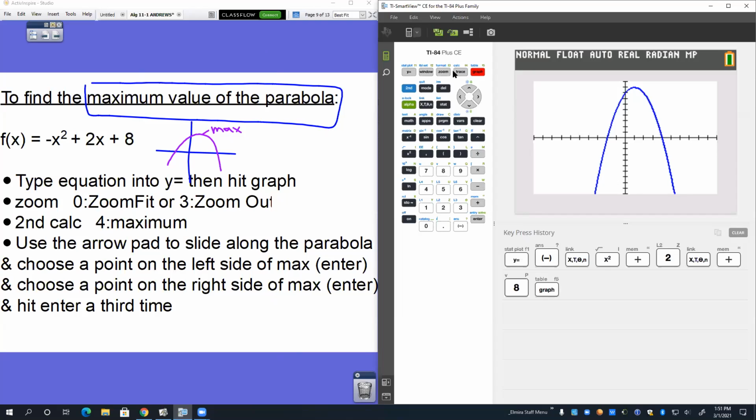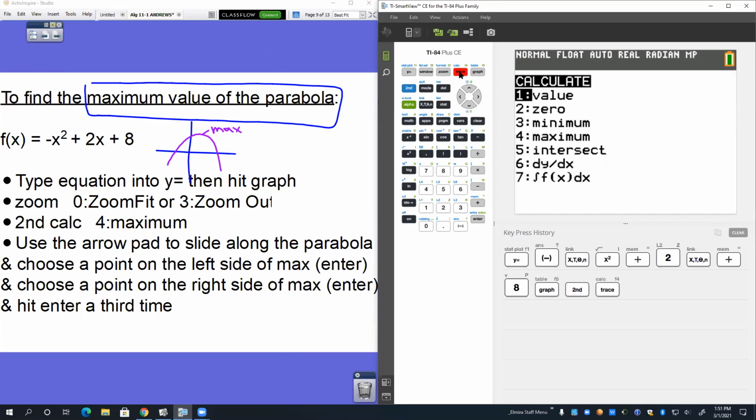But to find the maximum, see where it says calc right above the trace button? Right above the trace button in that upper right-hand corner, it says calc. We want to do second and calc. When you do second and calc, it's going to ask you, do you want to find the value, zero, min, max? We are going to be doing zeros later on in the chapter. You will do minimums. Right now we're doing the maximum. So we want to go down to number 4